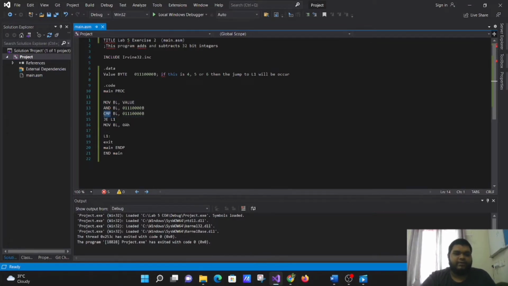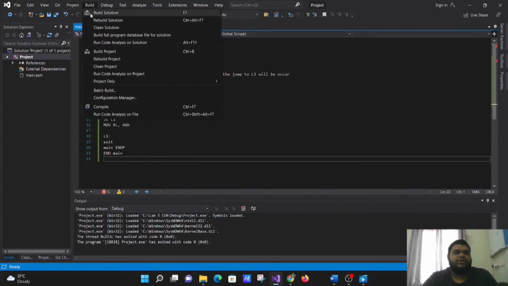Here we will be comparing our command given as compare, and our register here L1, here it says JE that says jump if equal. So after comparing, if the value is equal, it will jump to this part and the code will be executed and ended. But if the value is not equal, then this code will be activated and this code will run, and the value of BL will be set to 0AH. So let us build this project